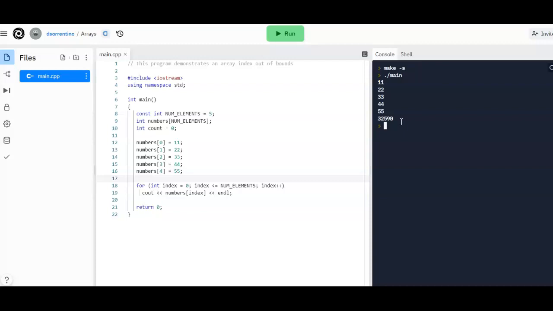Often it's different if you try and store something in that index. If we try and store something at index 5, we could be overwriting a value that's important, because maybe there's a value stored out there for other programs that are running, or even in your own program. So as an example, if I do this,